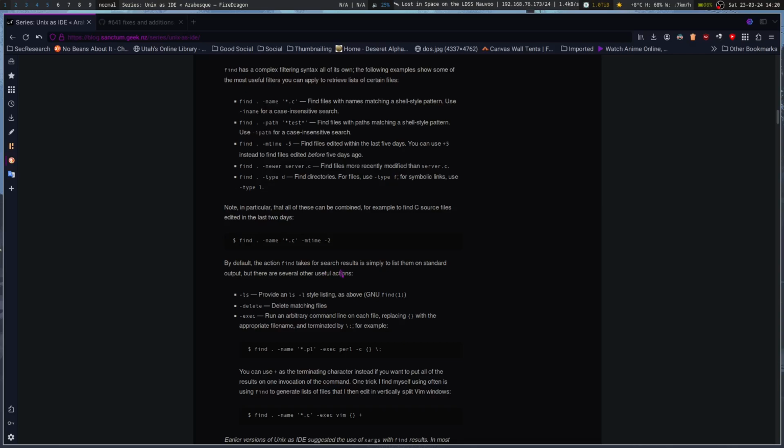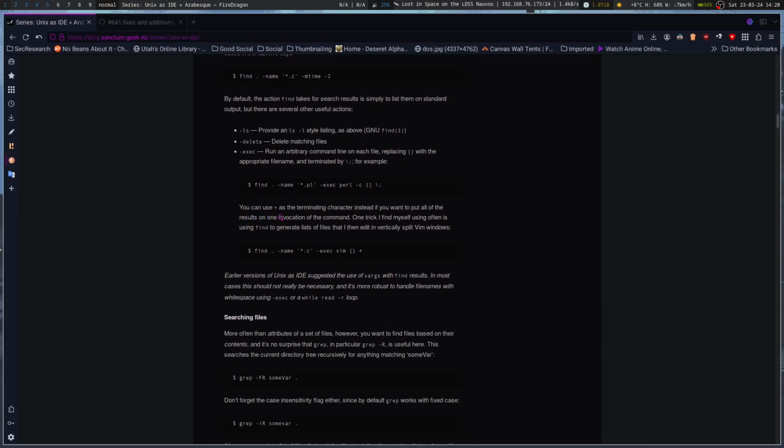By default, the action find takes for search results is simply to list them on standard output. There are several other useful actions. So -ls provides the ls style listing, -delete deletes matching files, and -exec runs an arbitrary command line on each file, replacing the brackets with the appropriate file name and terminated by a semicolon. You can use plus as a terminating character instead if you want to put all the results on one invocation